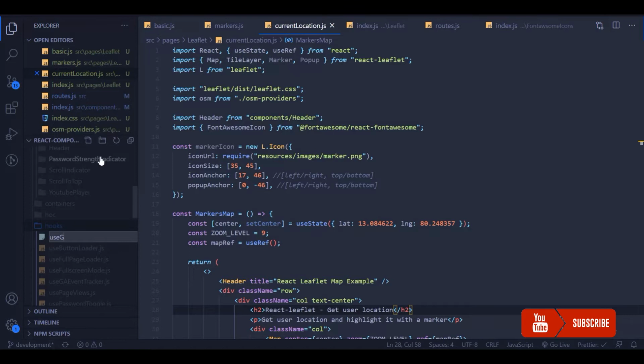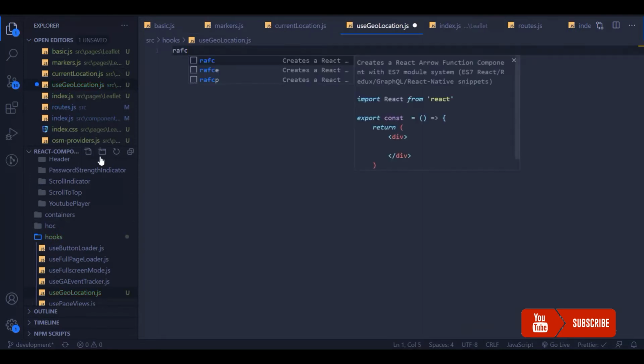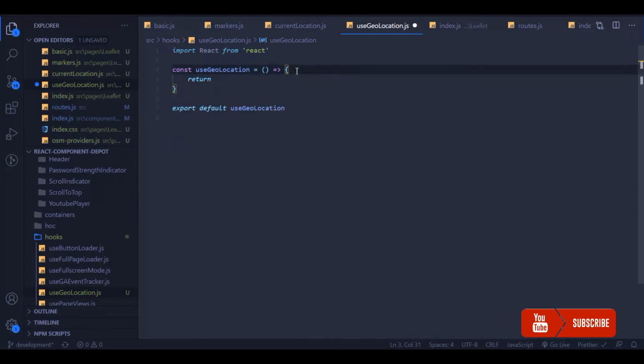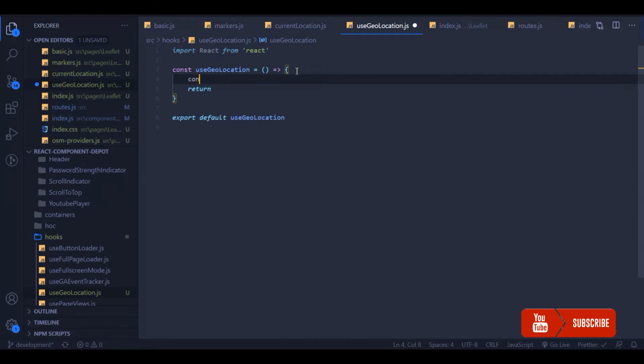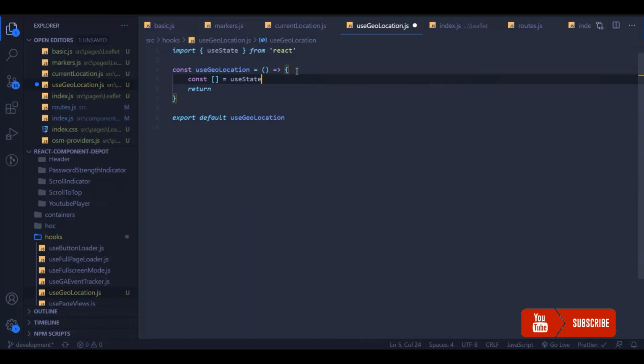So let's create a custom hook in our hooks folder, useGeolocation. A hook is nothing but a normal function which returns a few attributes. You can also hold internal state. So we can create a new state to hold the location details of the user, which has coordinates and whether the location has loaded or not.